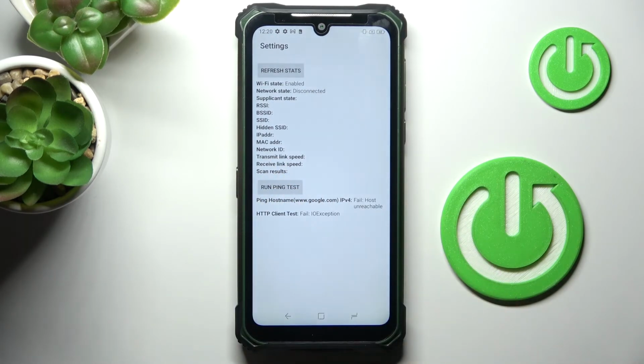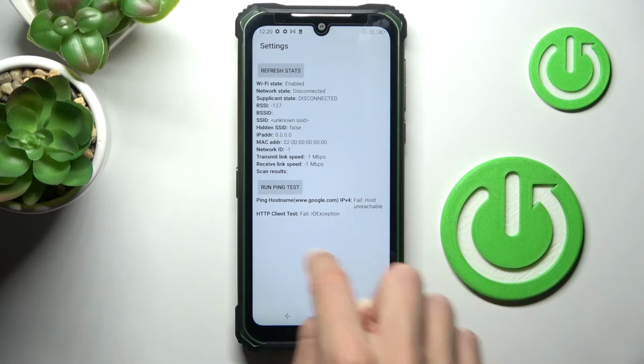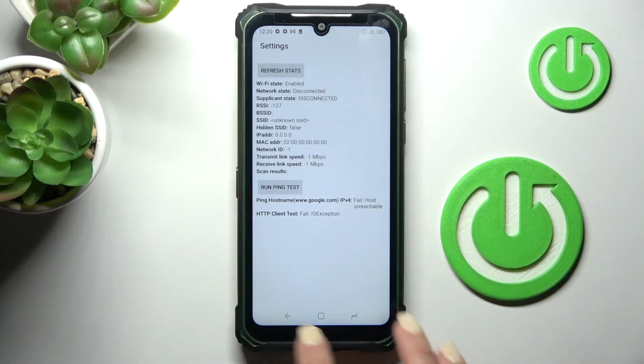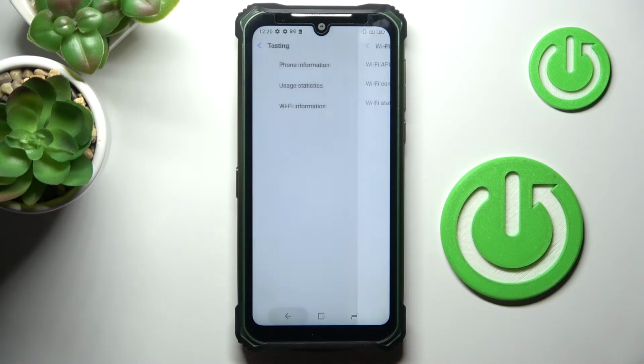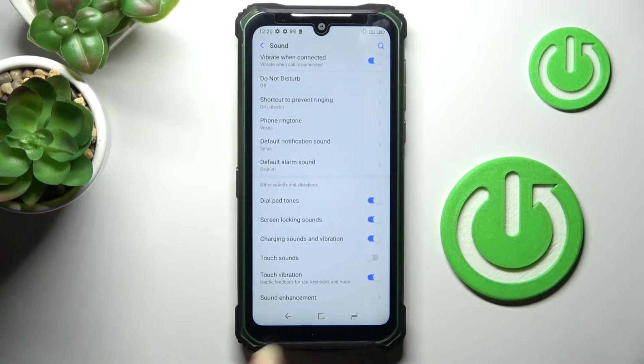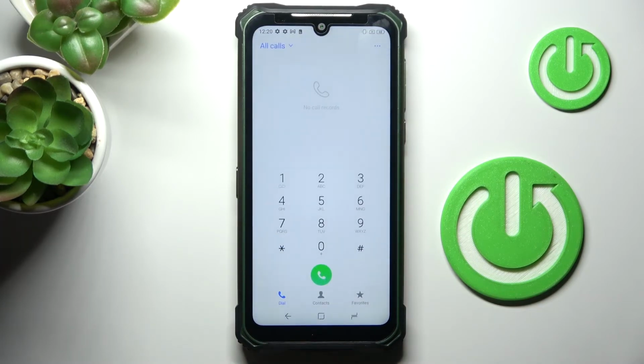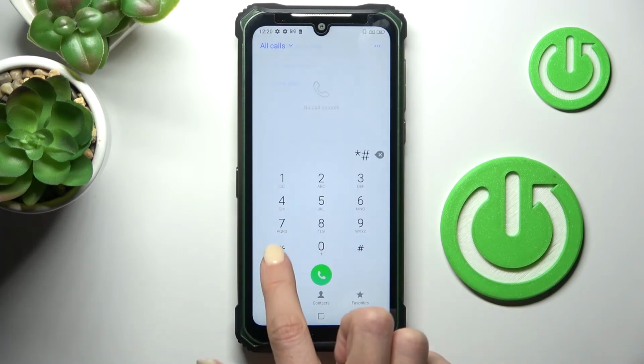So just click here to perform it. And here you've got the results, and here you can obviously check the status of your network. So let me go back. That would be all for this code. Another code that you can use here is *#*#